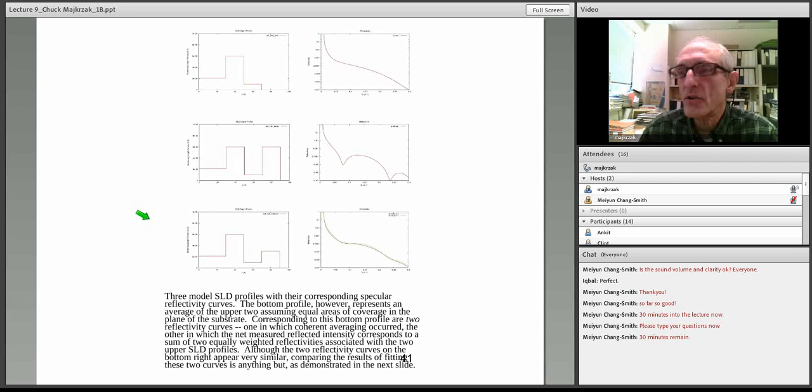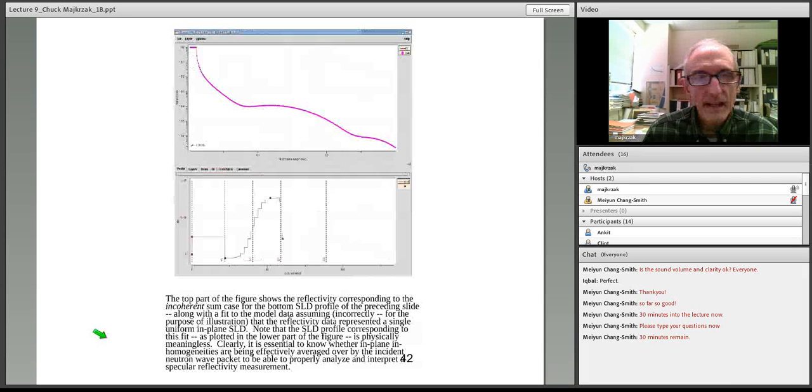Now suppose we don't know this ahead of time, and we go and do a reflectometry experiment. Then if we assume that we're averaging when we're not, and this is the case I've shown here, this is the curve, and I fit that, well, I can get a really nice fit. But it turns out that if that really corresponded to the incoherent average, and we don't know this, then the scattering length density profile that we get by